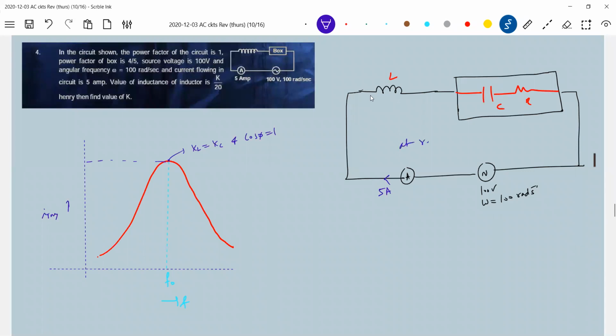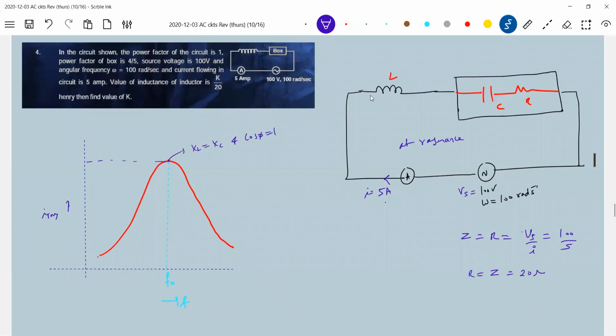So what is the total circuit? It is at resonance. At resonance, we have 100 volt; I think it's mentioning the source voltage is 100 volt, which is VRMS only. Now we know the current. So the impedance of the circuit should be equal to R. That should be equal to 100 by 5. Let me write the equation. So 100 by 5, so we know the impedance of the circuit. This will be 20 ohm. So the value of R only it is.